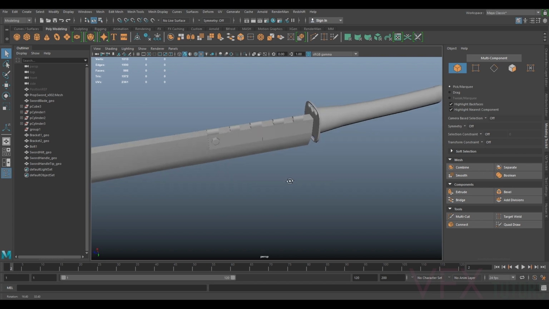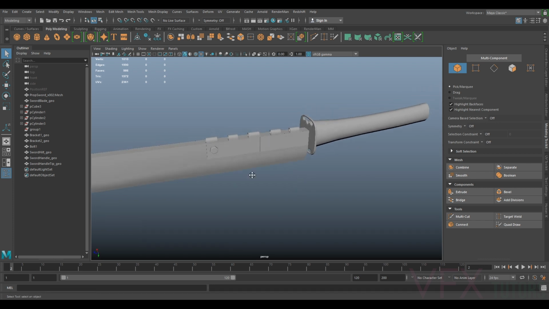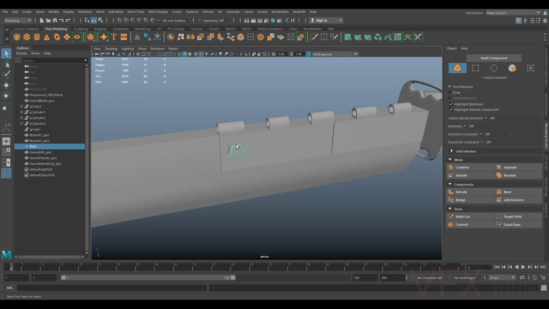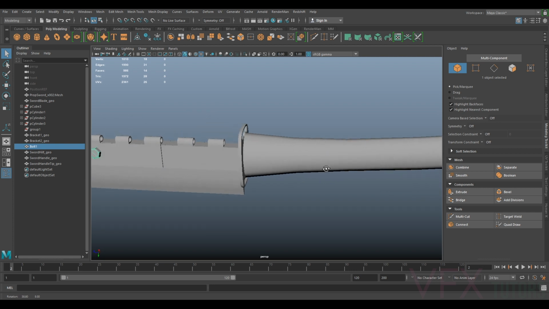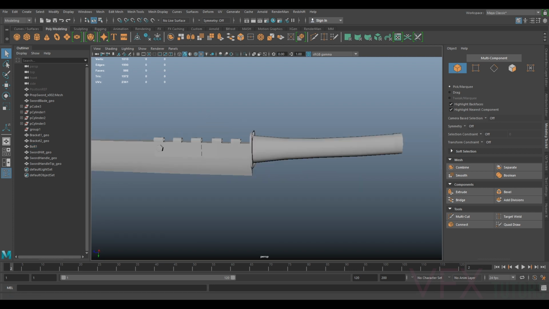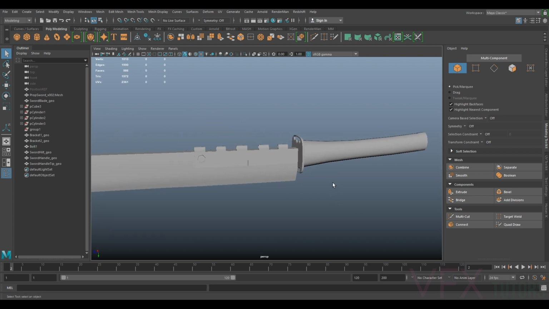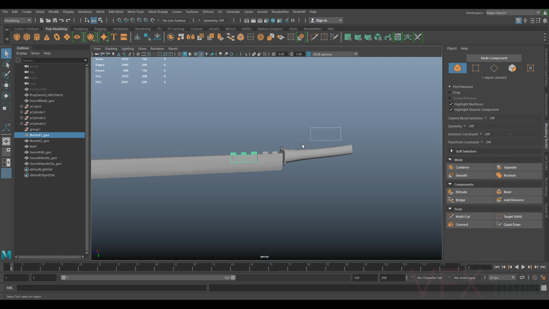Let me just think if I've missed anything. Because we're not going to model all these, we're going to UV them, then duplicate them. Let me just think, have we missed anything? No, I think we're pretty much done. So just before we finish this up, we'll tidy up our scene. So what have we got here? If we just select everything,